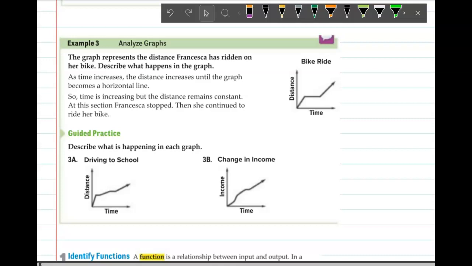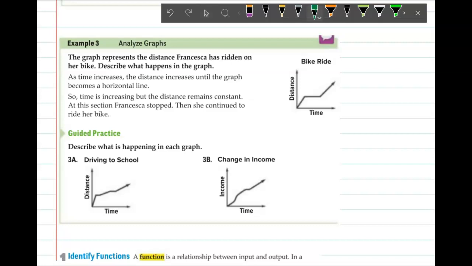The next example is to just talk about how we can represent real-world situations in a graph. So as you can see in this first graph here, we have distance, which is depending on time. Time is independent. Distance would be dependent. It depends on time. Because remember, we can't control time. So it looks like when time is 0,